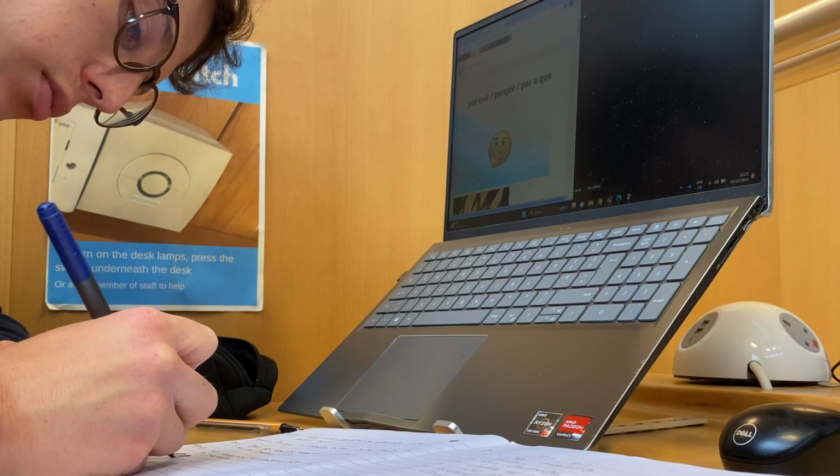Why study languages at university if you don't want to become a French teacher in the future? Why study languages at Cambridge if you can just download Duolingo? Why study languages at university if you only study one language at A-level or you don't even study any at all? My name is Andrew and I'm a second-year undergraduate student at the University of Cambridge, reading modern and medieval